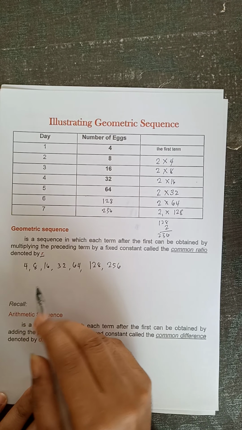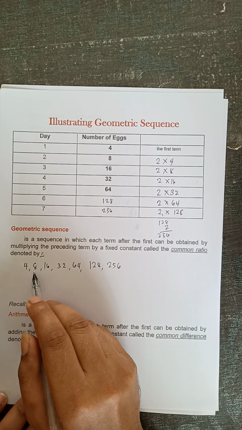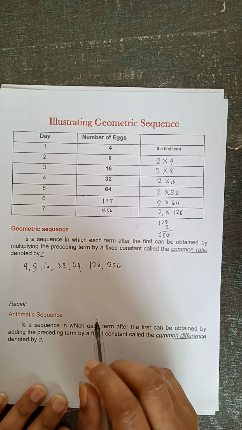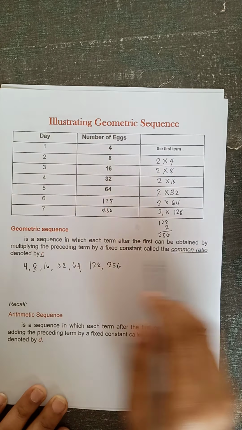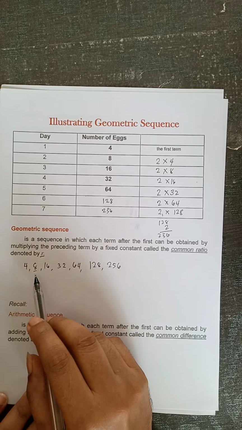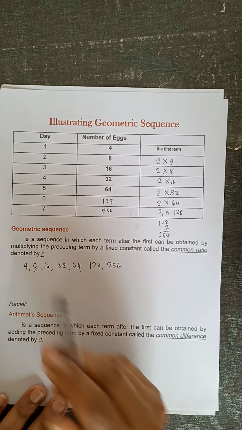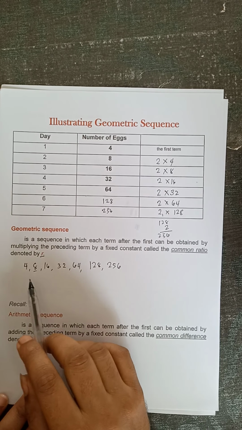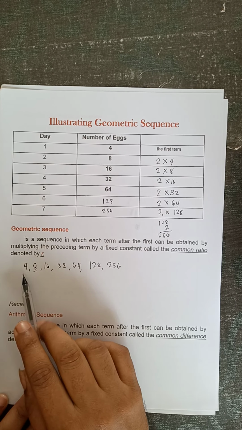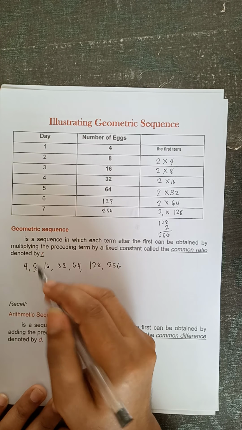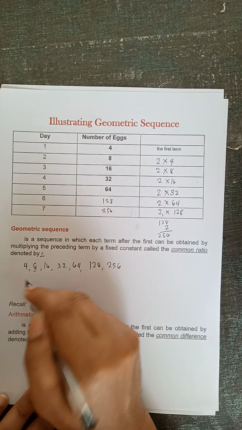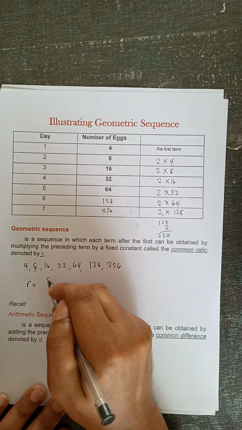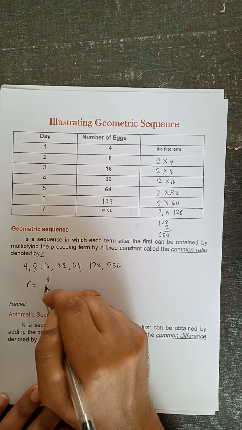So for example, this 2 is the 8. We can get the common ratio by dividing any term by the preceding term. So we have r is equal to 8 over